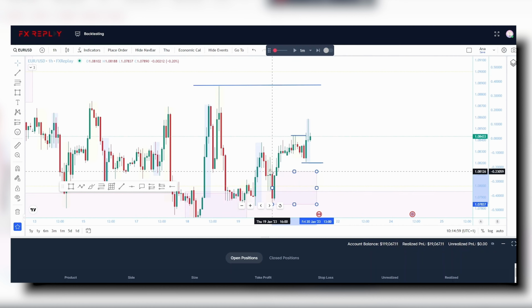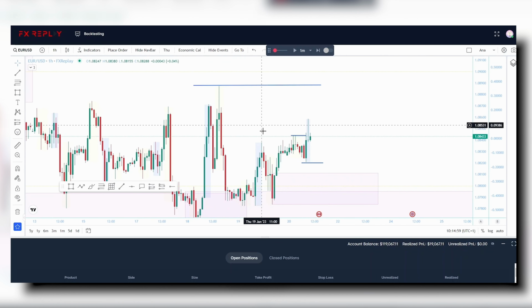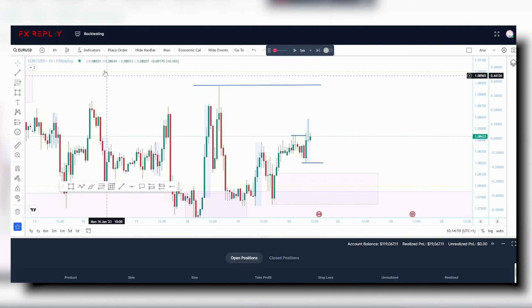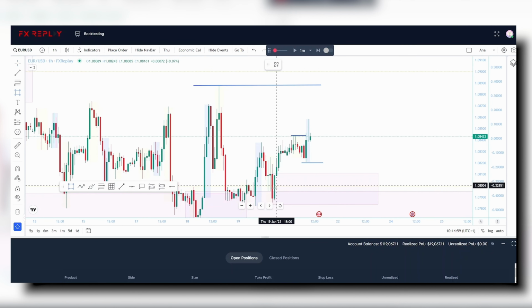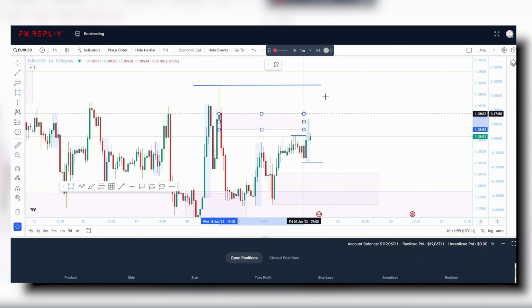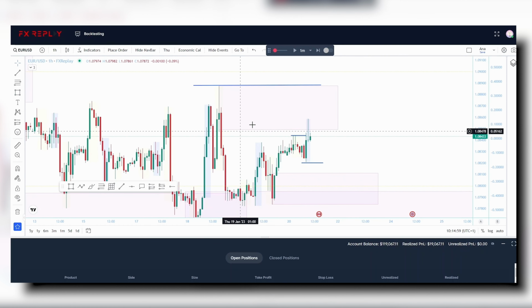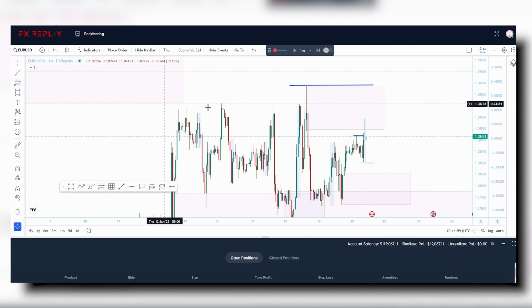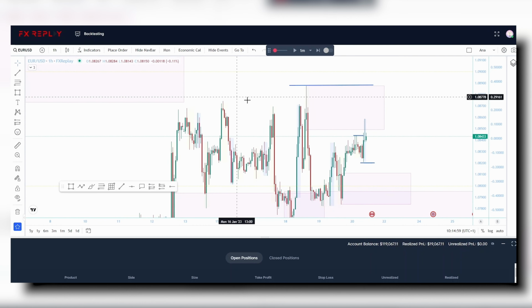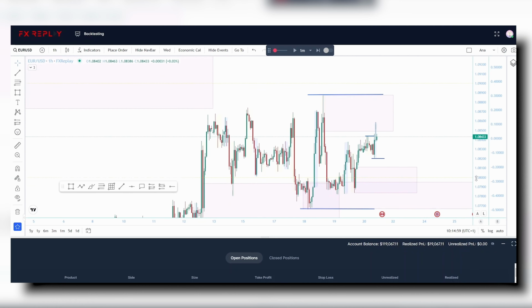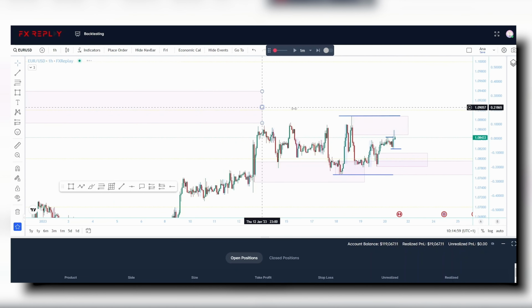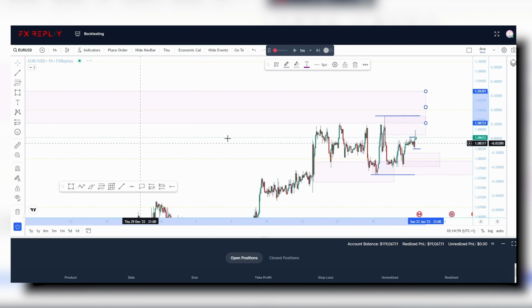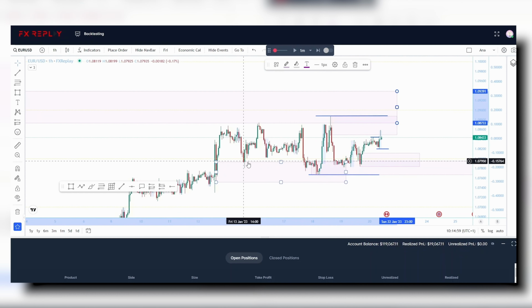I would still pay attention and I would prefer actually to see price coming into this 1 hour order block, but let me refine it and see if I can find a better order block inside of this zone. Also, another thing is that this order block took out these relative equal highs. So we should keep in mind that we're in a daily order block that I marked up previously, and that price